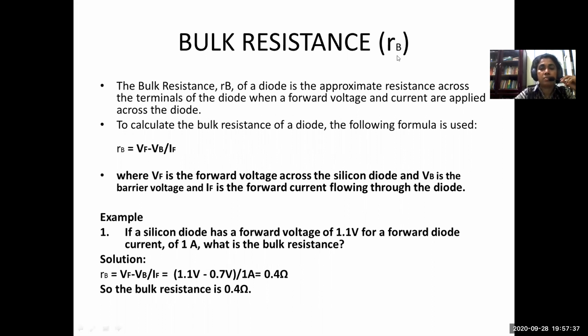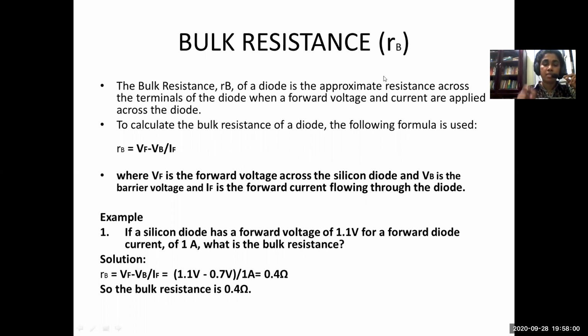resistance. This is also an important parameter of the diode. It is actually the resistance offered by the body of the diode to the flow of current. You know that this will be significant only in the case of a forward biased PN junction diode, because only when the diode is forward biased will it make a current flow through it.